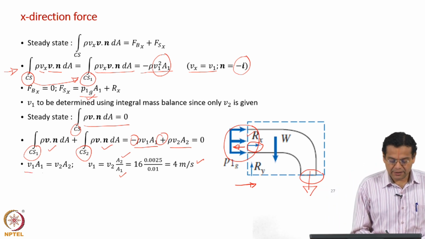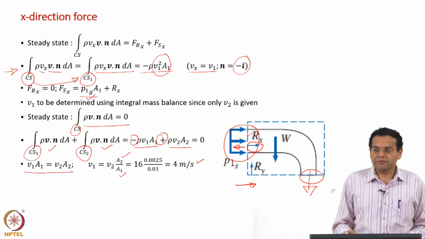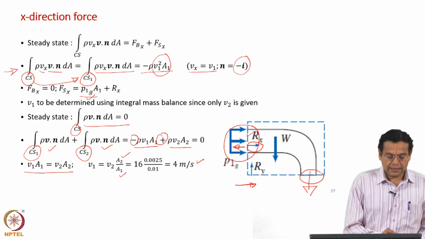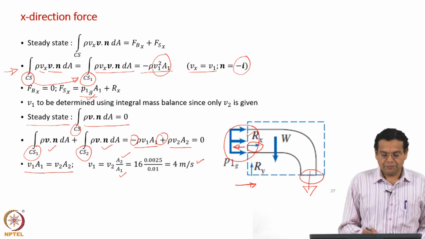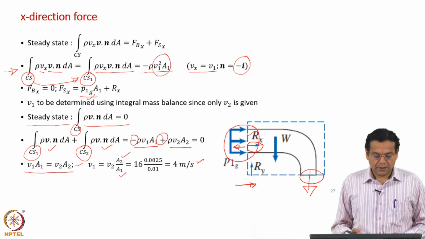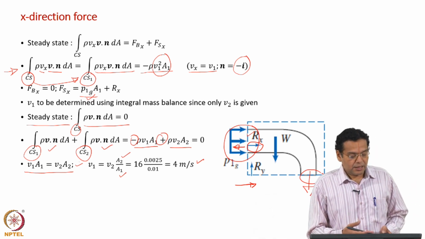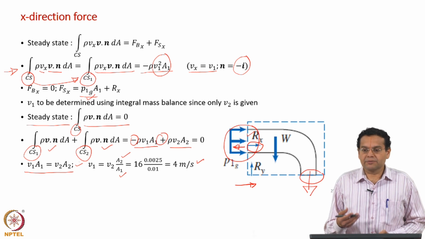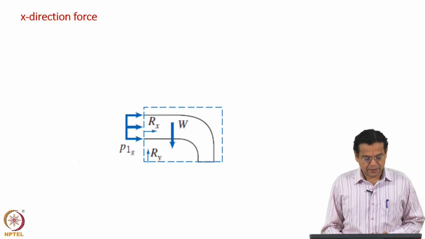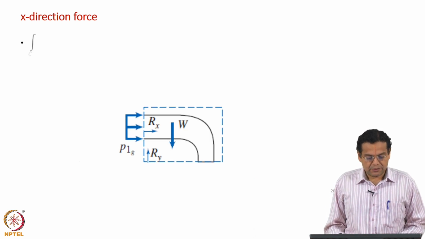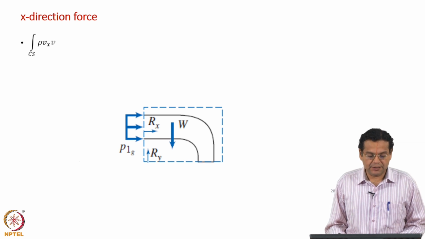We would have straight away written this expression, but just to emphasize that it comes from an integral mass balance, we proceeded systematically and arrived at this expression. Okay. And you will also see that in the next example this v 1 a 1 will not be valid because we will be considering compressible flow. Okay. So, now we are ready with all the expressions.